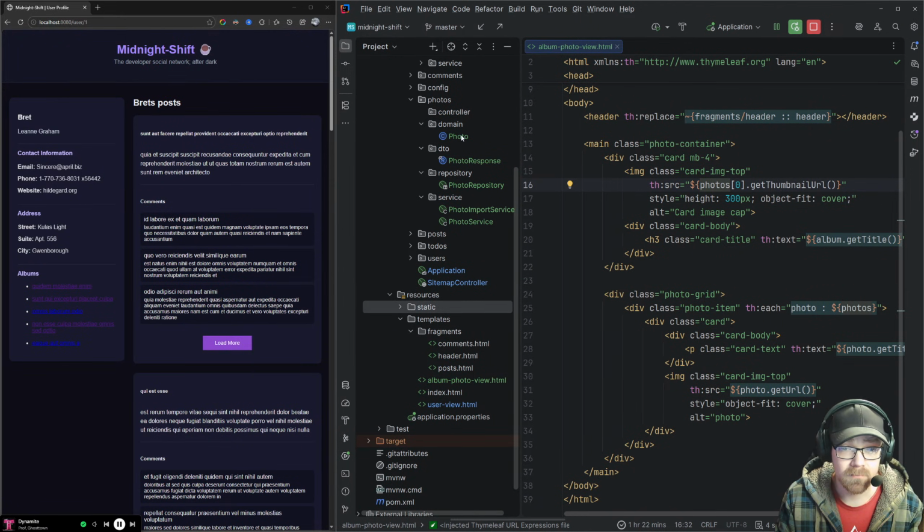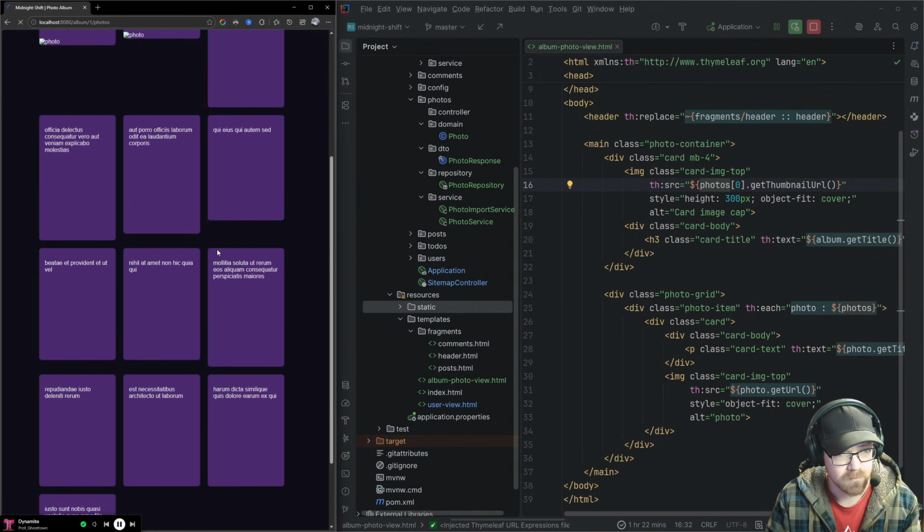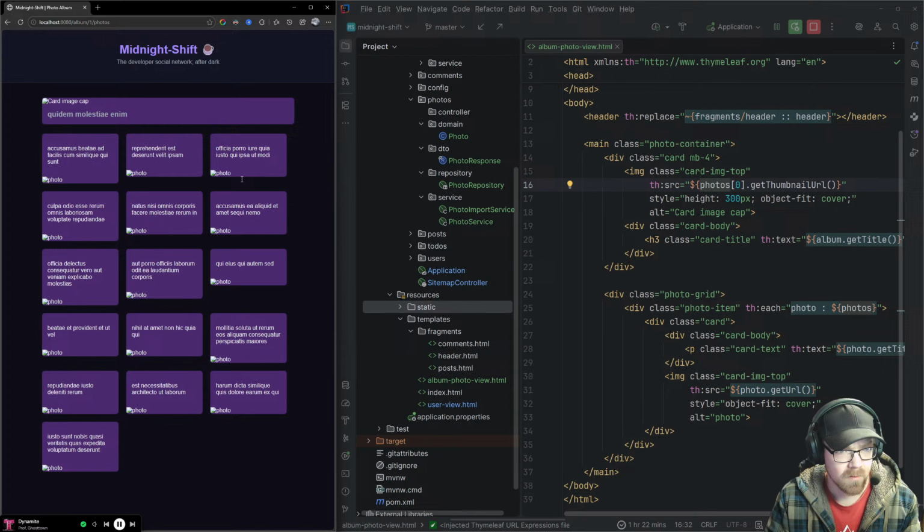Oh yeah, I guess we could do more with that. Yeah, let's take a look at the photos. I think we need to toy with the photos. So if we pop into here right now, we see that we've got this stuff here. What it's supposed to look like. It's just taking a minute because they're all going to fail. Although what there should be here at the end, at the bottom of all this, is a load more button.